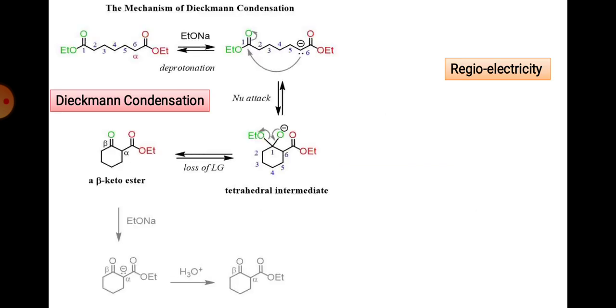It is just due to the alpha carbon. Another example is the Dieckmann condensation. It is an example of a Claisen condensation, but it is called intramolecular, and here the two ester groups are in the same compound. We again have the proton abstraction, and then the formation of a negative charge, which reacts with the second ester, forming a cyclic product like this.